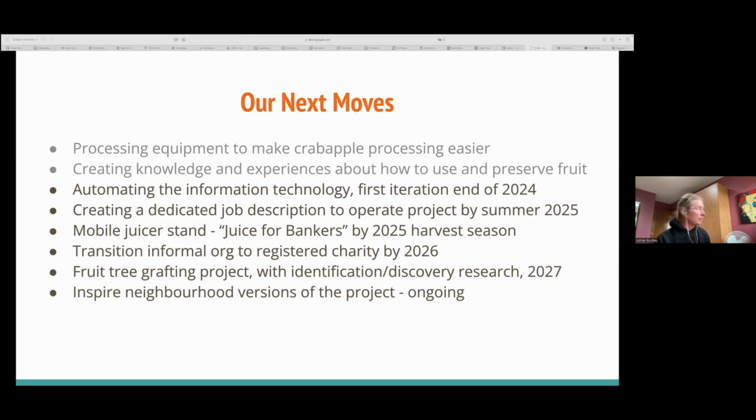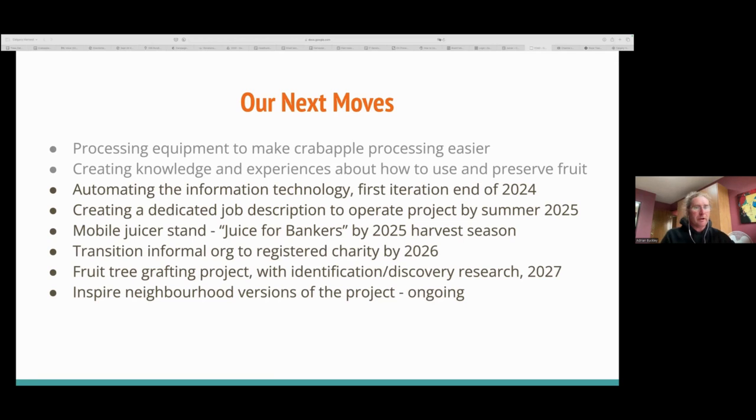So another idea: through this job description, one of the responsibilities is going to be hatching a third micro enterprise. And right now, for lack of a better name, we're calling it the Juice for Bankers. It probably needs a better name. But the reason, and where the idea came from, is that the juice is so darn delicious,